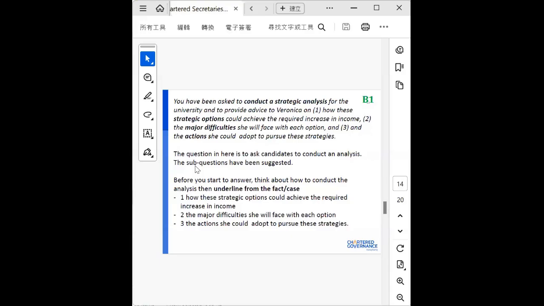So you have to evaluate the options. That is section D, and the difficulties that you will face with the options and the actions you would adopt. How would you